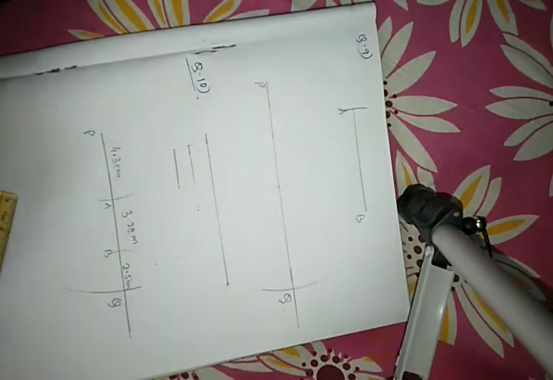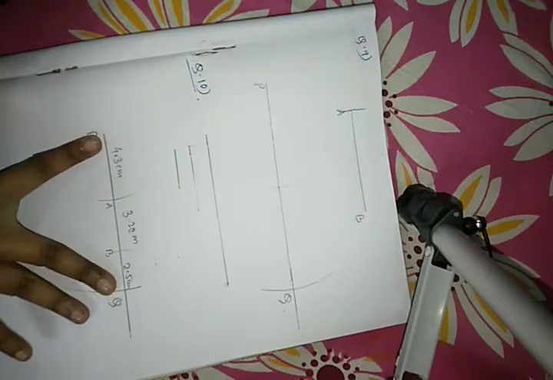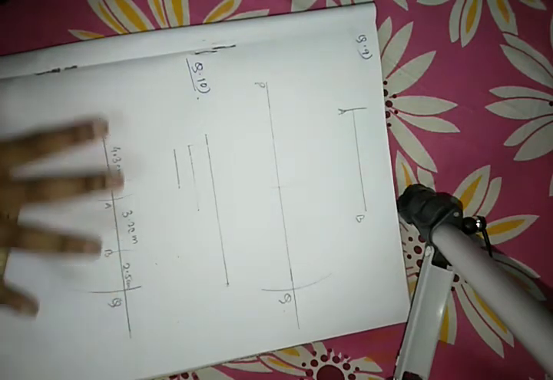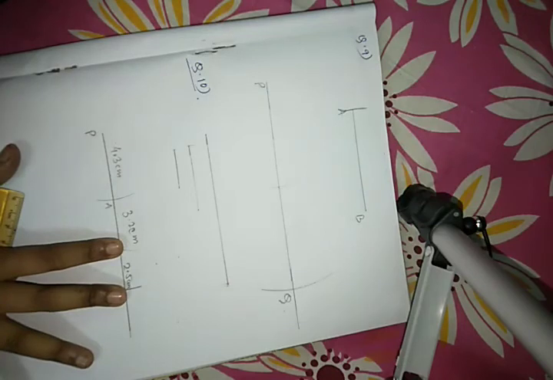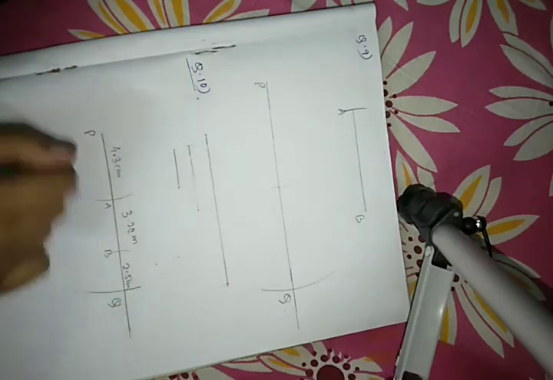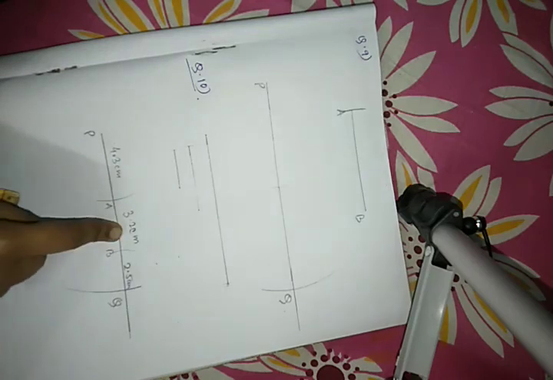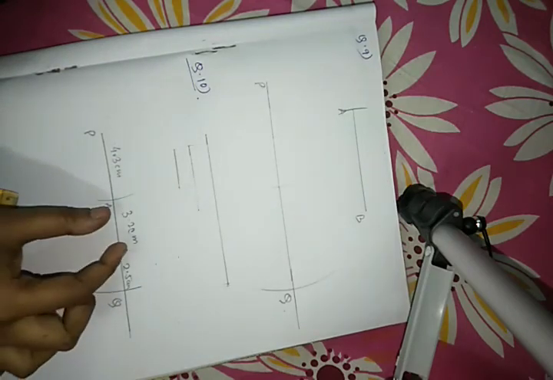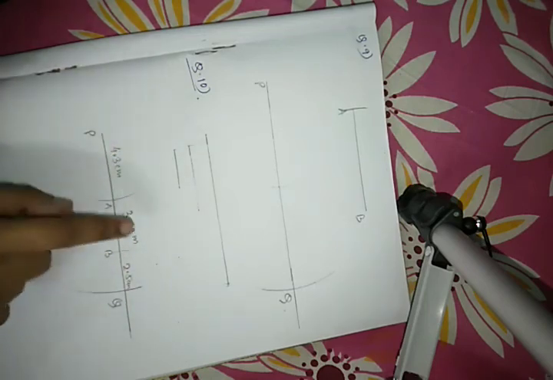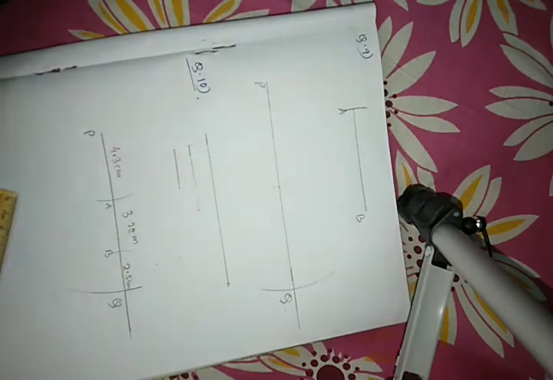How can we understand whether our math is correct or not, our drawing is correct or not? See, the total length is 10 centimeter. From this length we have cut 4.3 and 2.5. The total length 4.3 plus 2.5 is 6.8. Now 10 minus 6.8 will be 3.2. So we will check whether it's correct or not by subtraction. Here it's 3.2 coming, that means the geometry is okay.